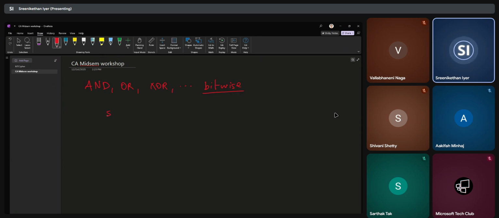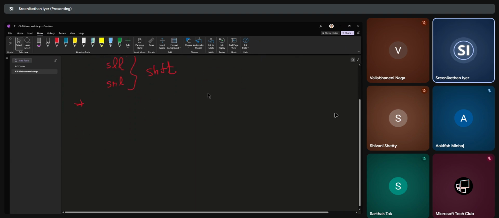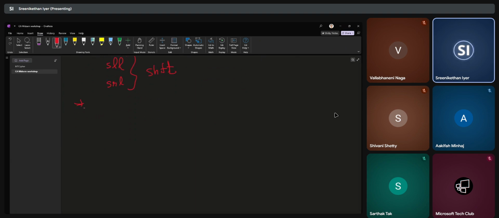There is something called SLL, which is for shifting left. There is SRL, which is for shifting right. These are called shift operations, and these also come under the bitwise category. All these operations also have an instruction format. It's the same format as the R-type instruction, but let's plug in the values. We'll take an example of the instruction, let's say SLL